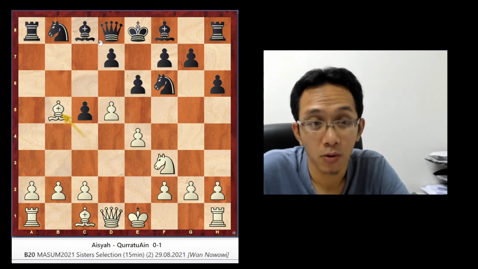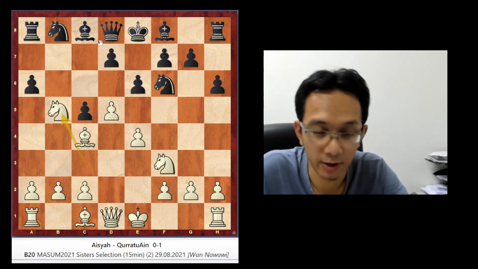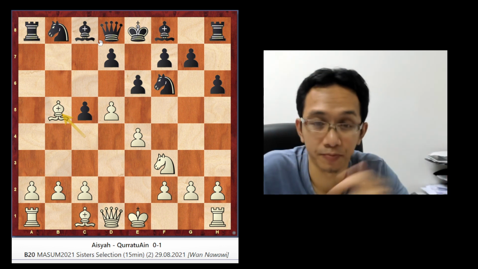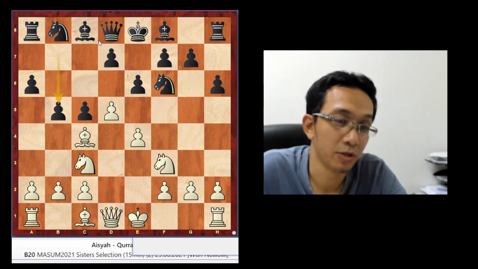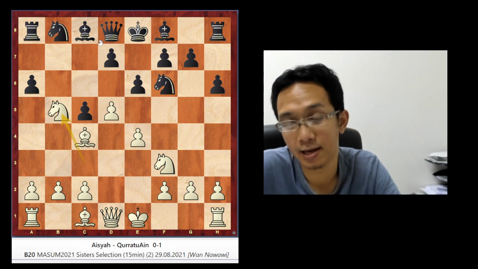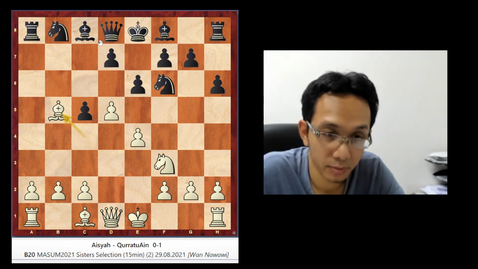By right, white should lose because you give a knight for this. But just to show you about tactics, first, don't just give pieces for free like this. No matter how good your opening play is, if you just give a piece like this, then no way. You cannot just give a piece like this.